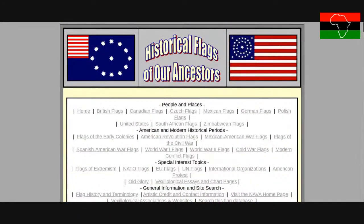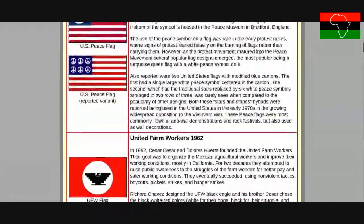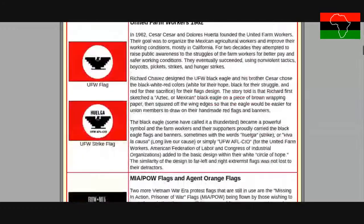Okay. And also I got some more information about the flag. You guys can see? Cool. According to the website called Historical Flags of Our Ancestors, I think it's spelled LOESER.US. Okay, so it has the Black Liberation Flag, which came out in the 1920s. Then you've got the Black Panther Protest Flag, which came out in 1966. The 50 United Fascist States Flag. That's interesting. But this one right here, the Black American Heritage Flag, which was 1967,